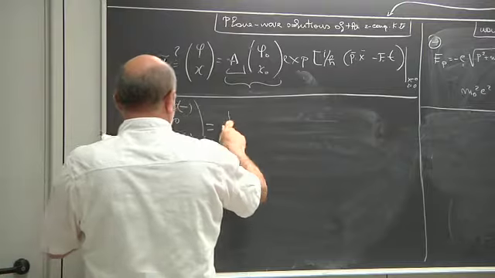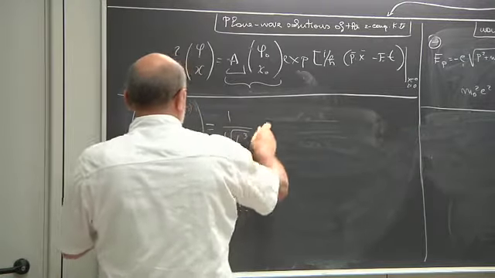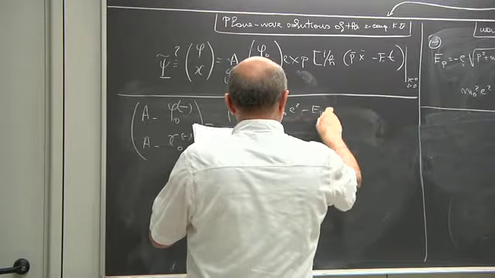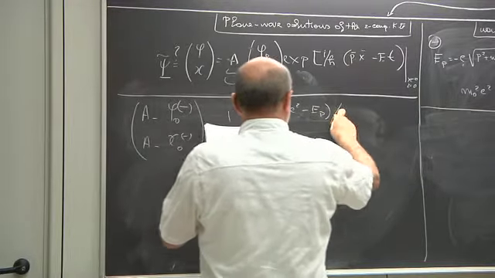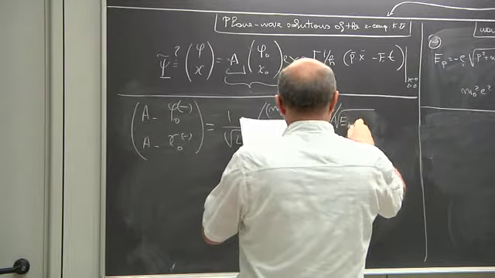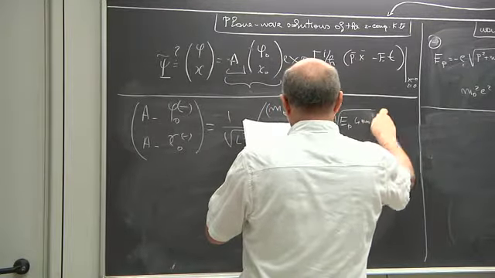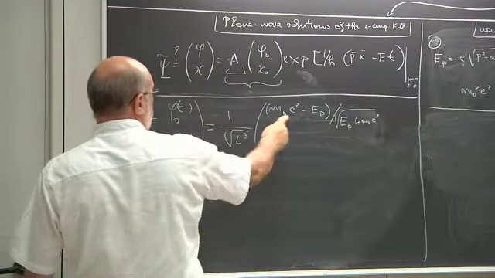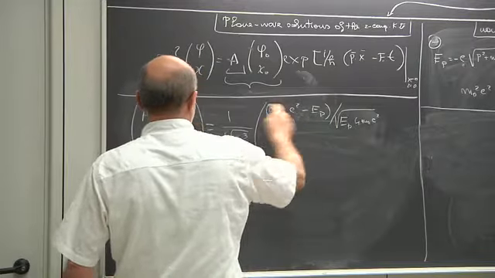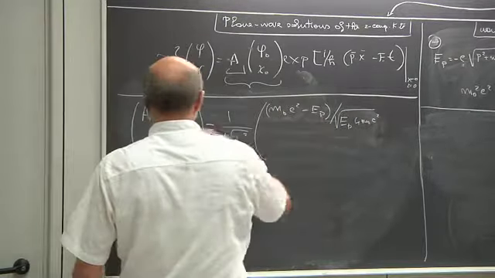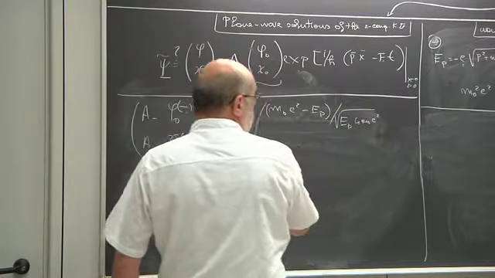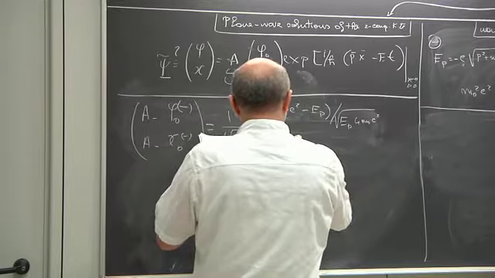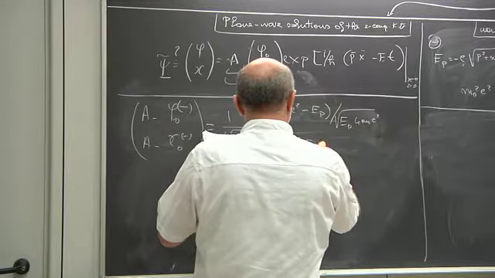Now the exact expression of this we have worked out before: L cube, m0 c square minus EP divided by EP for m0 c square. This, remember, comes from the A minus. This part is only this, okay? Phi 0 minus is this, and this part, together with the square root of L cube, can produce this part. Then I have m0 c square plus EP